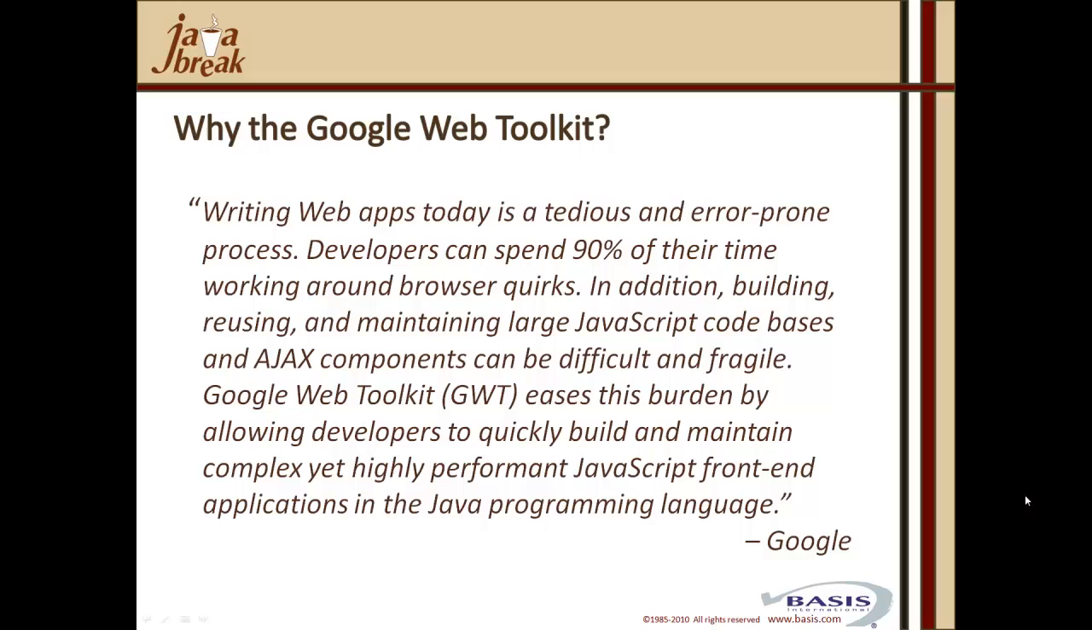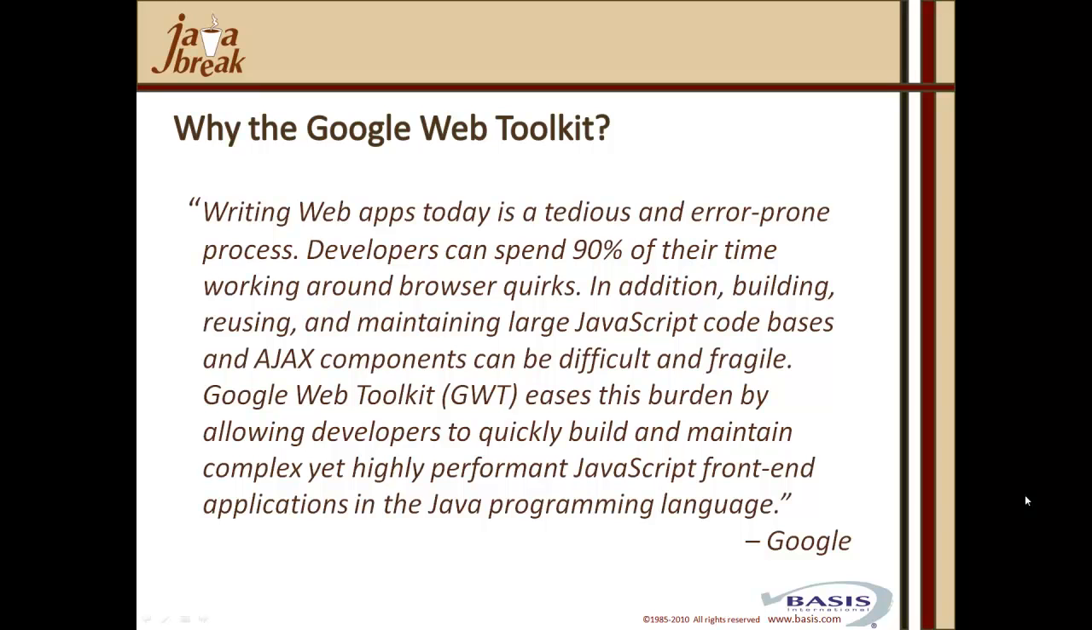Google found that writing web apps was very difficult, and so they developed the Google Web Toolkit. And here's what they had to say. Writing web apps today is a tedious and error-prone process. Developers can spend 90% of their time working around browser quirks. In addition, building, reusing, and maintaining large JavaScript codebases and AJAX components can be difficult and fragile. GWT eases this burden by allowing developers to quickly build and maintain complex yet highly performant JavaScript front-end applications in